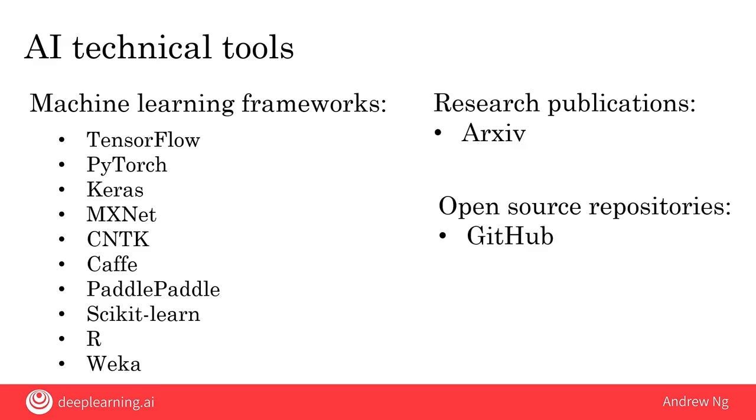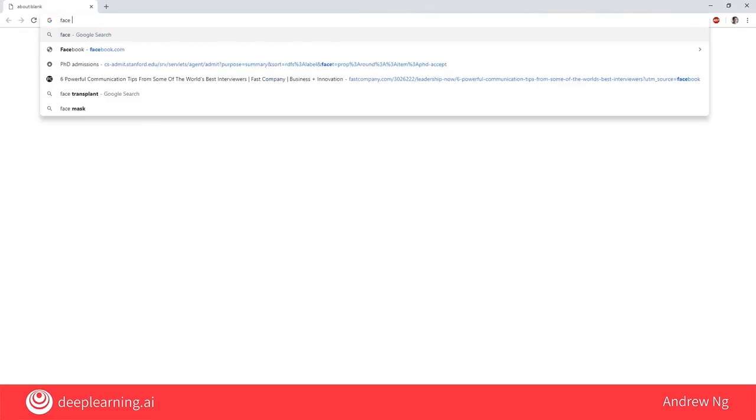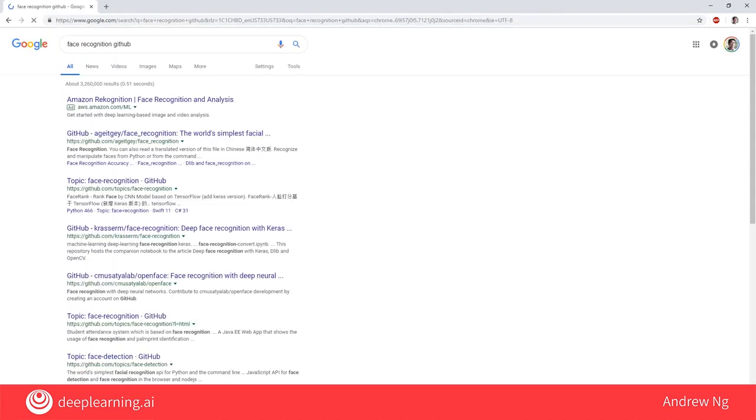Finally, many teams will also share their code freely on the internet, most commonly on a website called GitHub. This has become the de facto repository for open source software in AI and in other sectors than AI. And by using appropriately licensed open source software, many teams can get going much faster than if they had to build everything from scratch. So for example, if I search online for face recognition software on GitHub, you might find